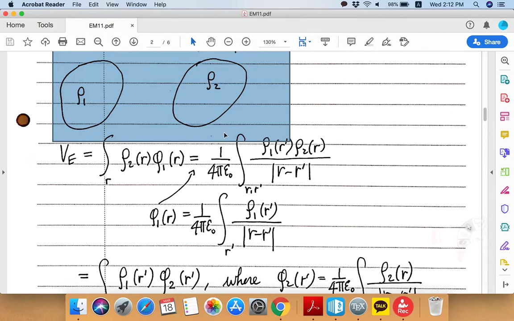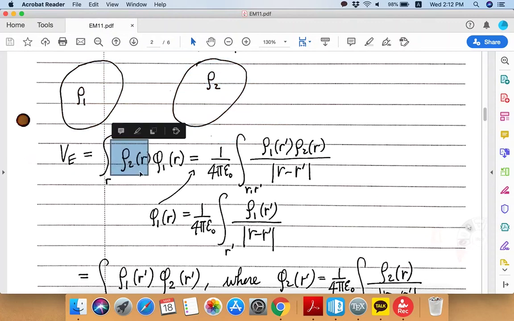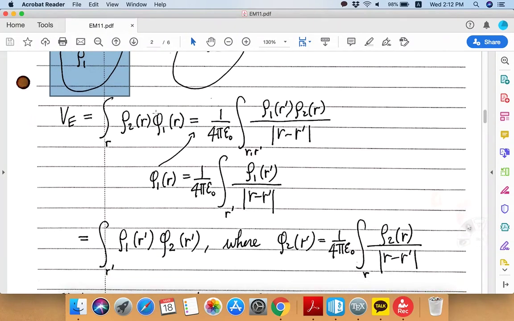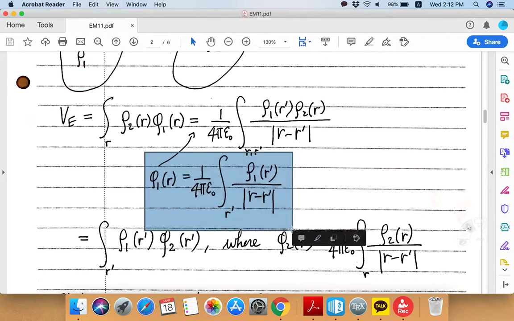And the electrostatic energy for the whole system is like this. If you think about this from the perspective of rho 2, it's the rho 2 multiplied by the potential, and this potential is coming from these other charge distribution rho 1. So the phi 1 can be written as this integral. And then by inserting this expression, you find that